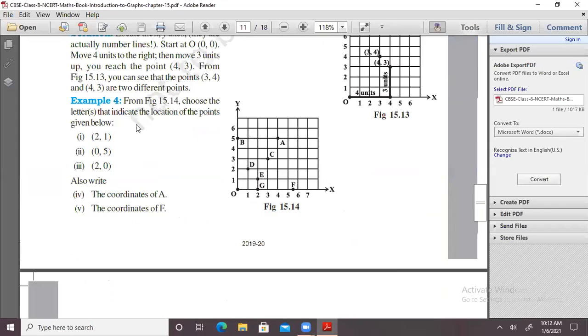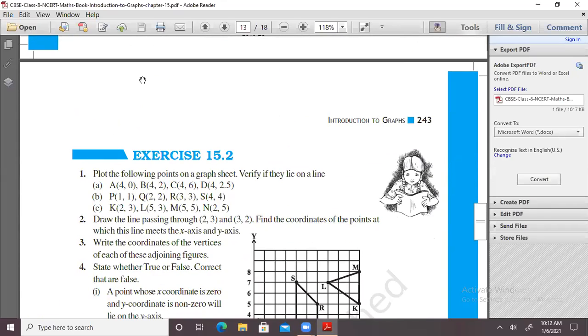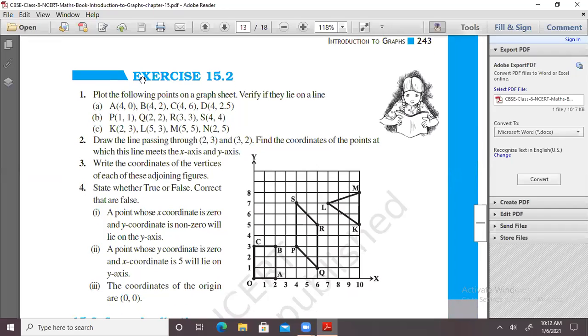So here, exercise 15.2, question number 1 is, in first question you are to plot the numbers on a graph paper and you are to verify whether they lie on a line or not. So in A part you have given some points. See, you have given 40, 42, 46, 42.5. So what you will do here,